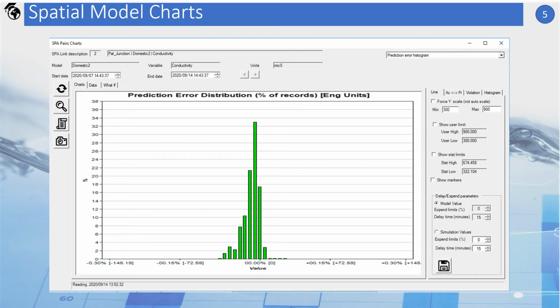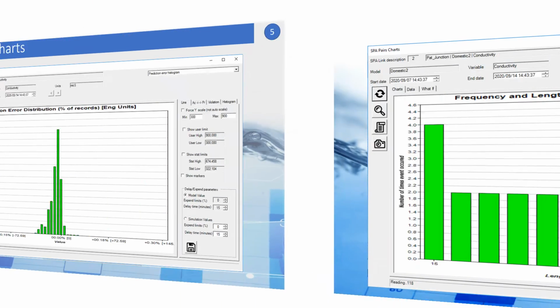Once again, please note that you can change the scope of the dates from the fields on the upper side of the screen, and refresh the chart using the refresh button located on the left side of the screen.